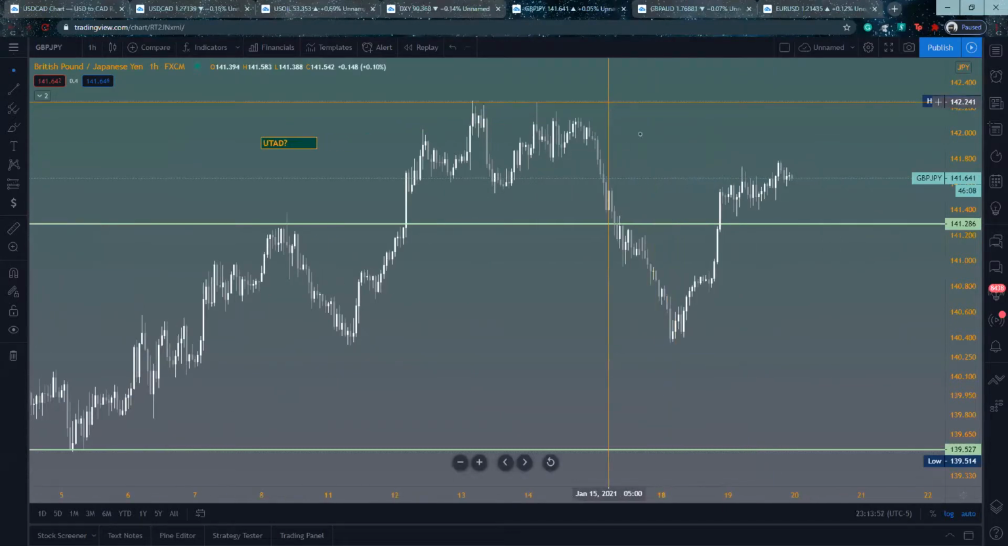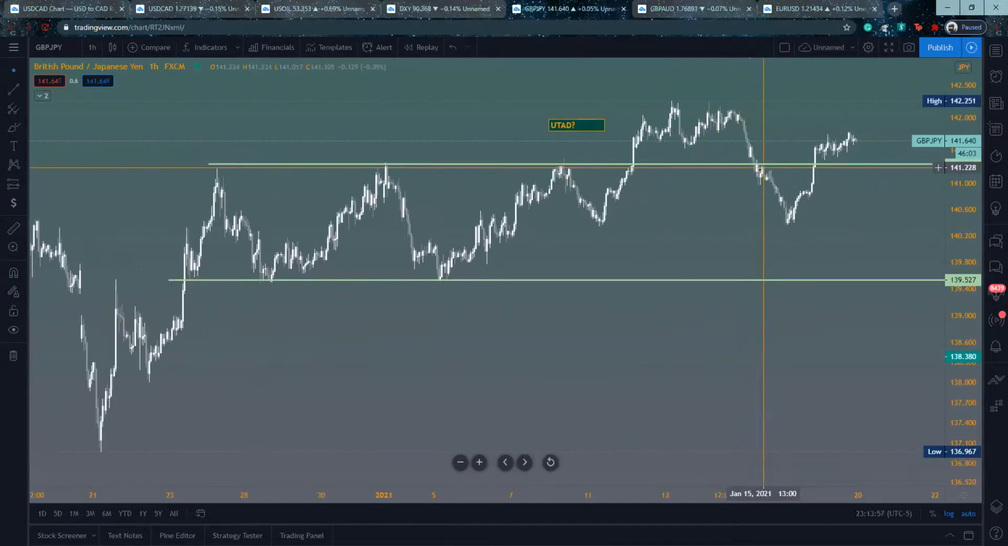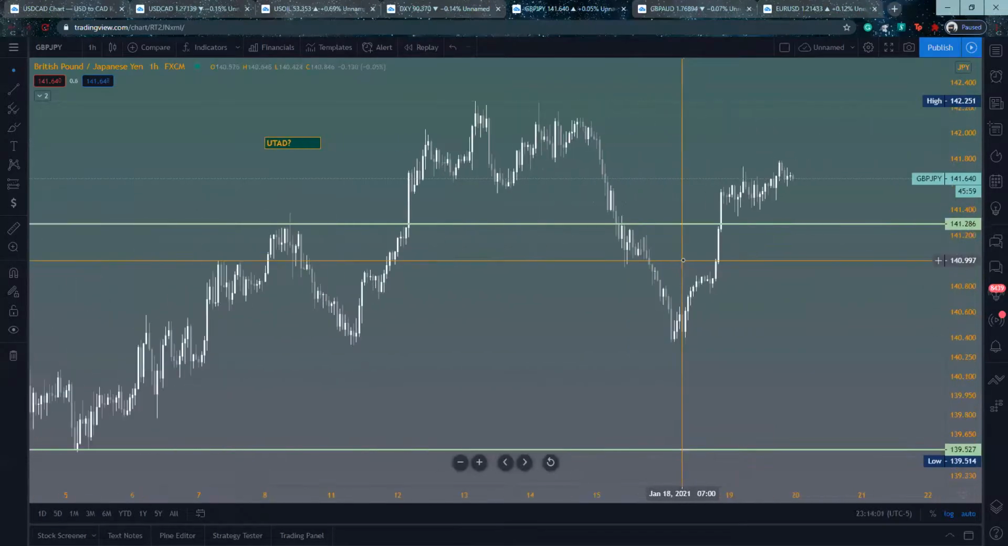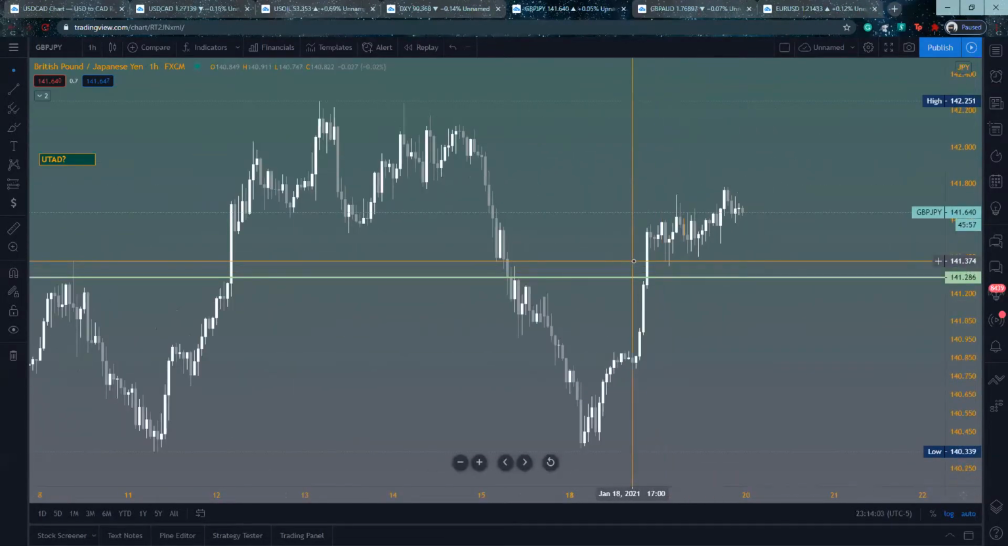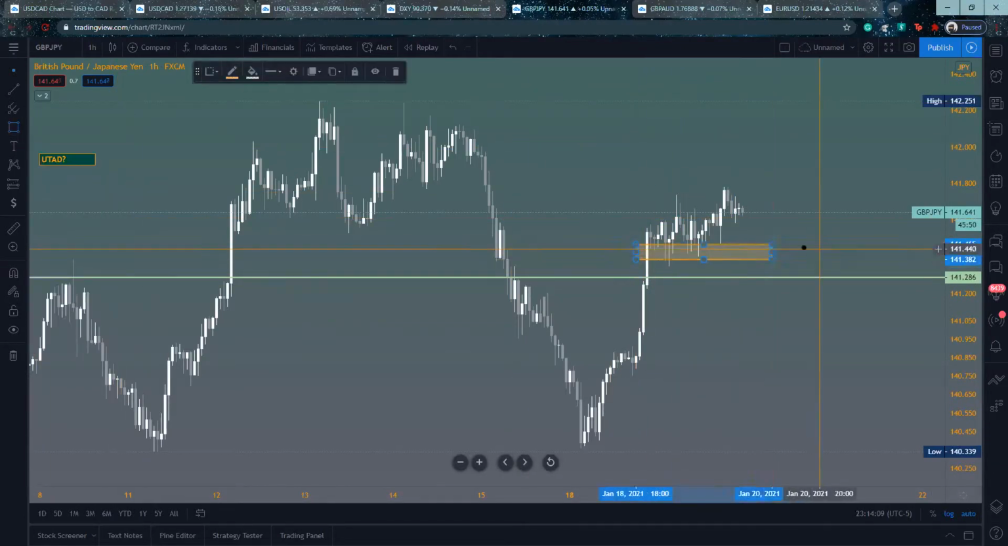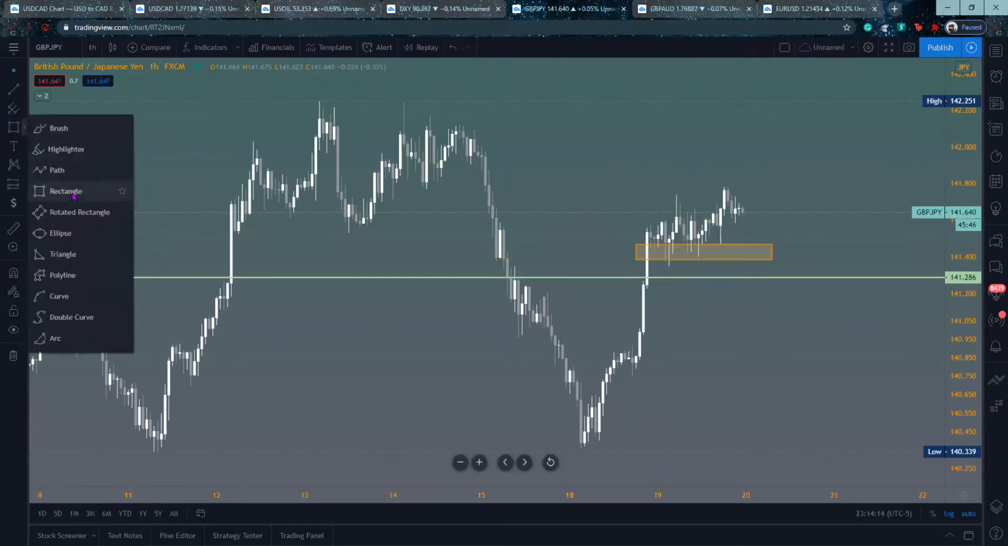And for GBP JPY, I was thinking that this is a UTAD. Now this kind of disproved it a tad bit, but I still feel like we have all of this liquidity back here, right? So we have all this liquidity here, and then we have this very simple, easy to understand